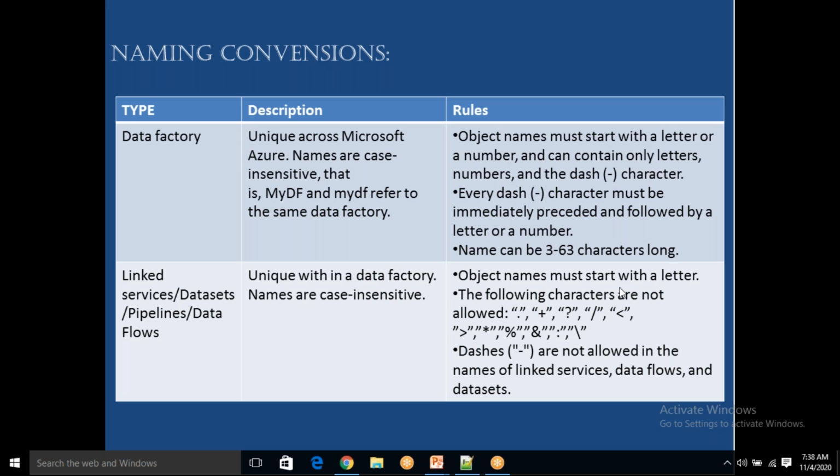Object names must start with a letter, not a number. The following characters are not allowed; all these special characters are not allowed. Dash is also not allowed in the names of linked services, data flows, and data sets. What is allowed is underscore. Hyphen is not allowed, but underscore is allowed here. Okay, I hope you are clear, right? Now,